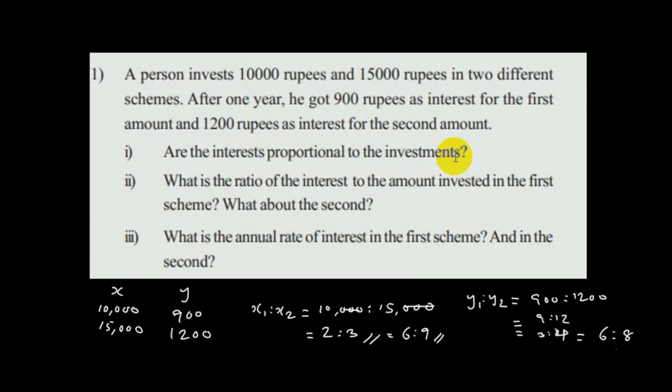And so you can write this question and these steps in your notebook. At last, tell like this: the interests are not proportional to the investments. Now, the second part of the question asks us to find the ratio of interest to the amount invested in both the schemes. Now, ratio